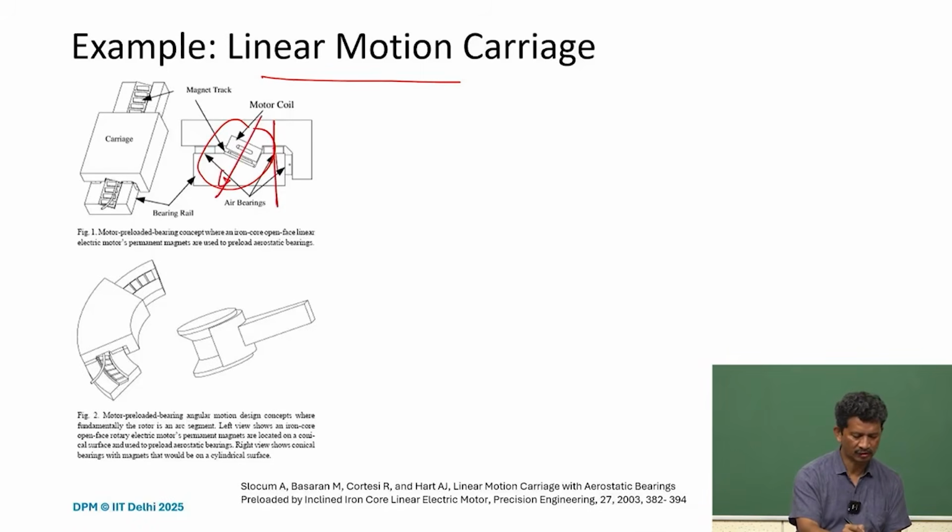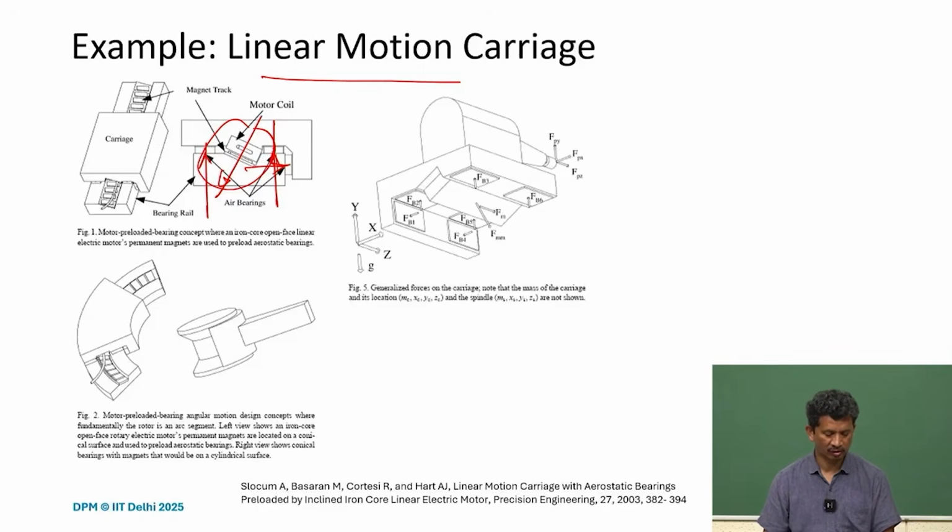So what you can see is that all the air bearings can be preloaded at the same time just using that linear motor. So, a very nice design, and it can be designed linearly. It can also be used in a rotary table form. So here all the forces are mentioned,